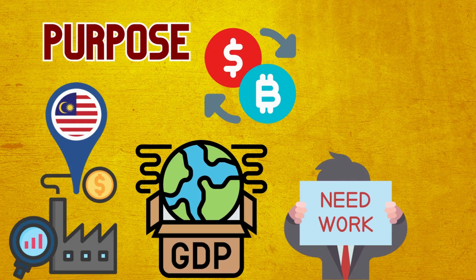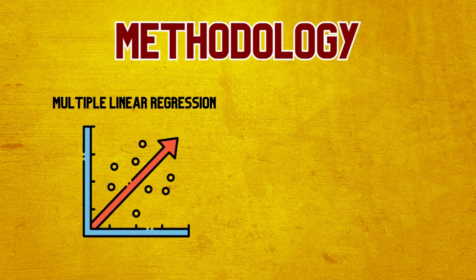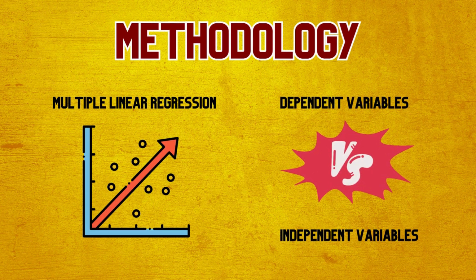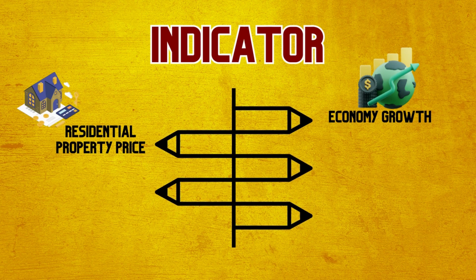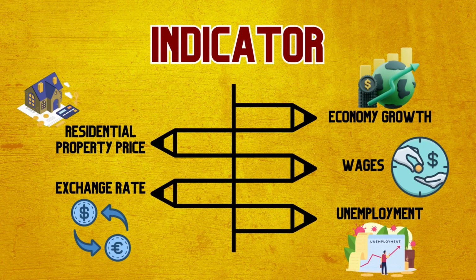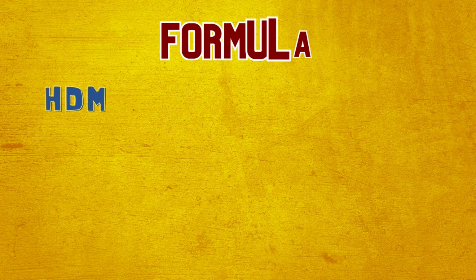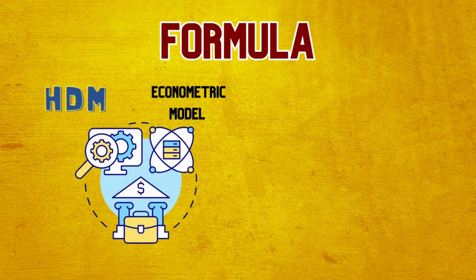The methodology of this study is multiple linear regression, adopted to find the relationship between the dependent and independent variables. The indicators: 1. Residential property price. 2. Economic growth. 3. Exchange rate. 4. Wages. 5. Unemployment. The hedonic price model has been adopted as an econometric model for this research to investigate